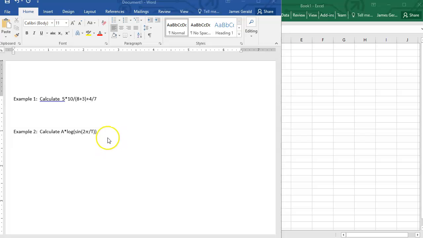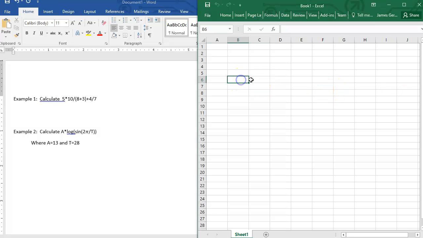Oh, and I forgot to put some pieces in here. All right, where A equals 13 and T equals 28. And I'm going to show you these two examples, and we're going to do them a little differently, for a reason. The first is just a straight up problem with all the numbers, and so we're going to approach it this way. All right, so example one,